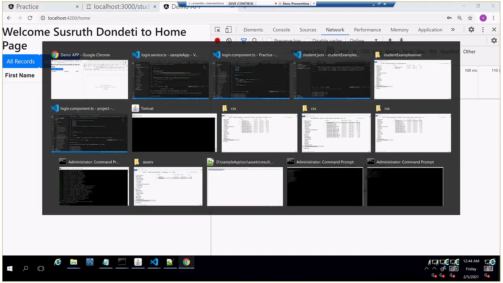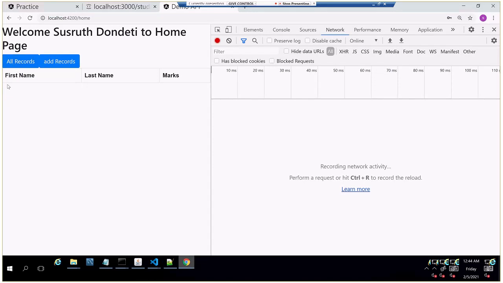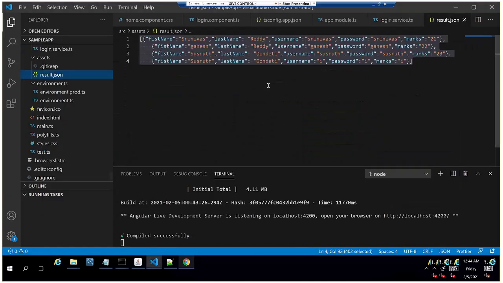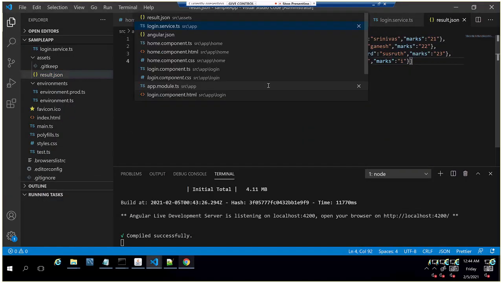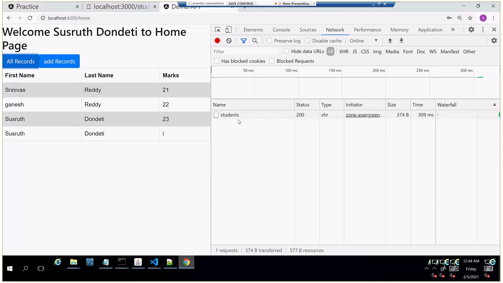So previously, on click of all records we were getting all the student data present in the student.json. Now we have modified it. Now I am going to run this on click of this button, and we'll see which port and which URL it is going to and how it is printing.